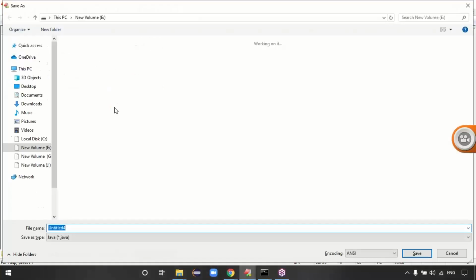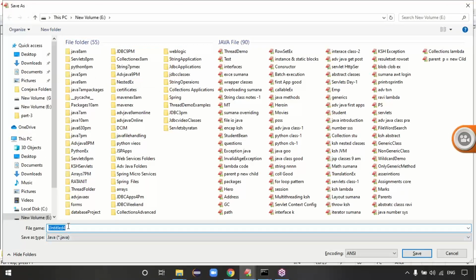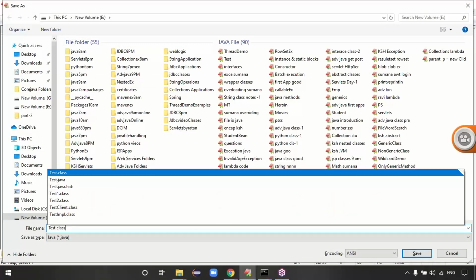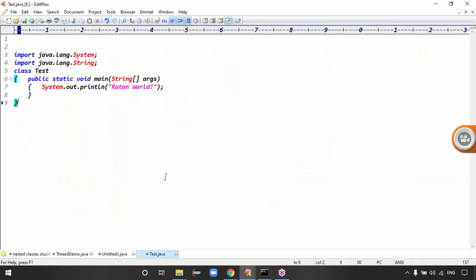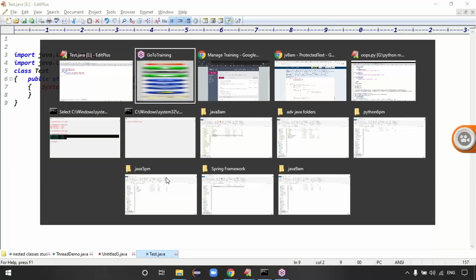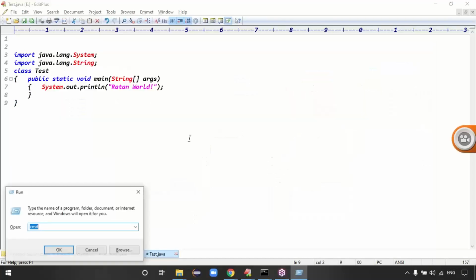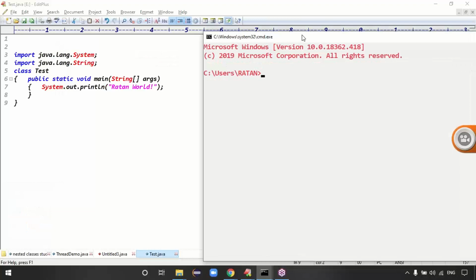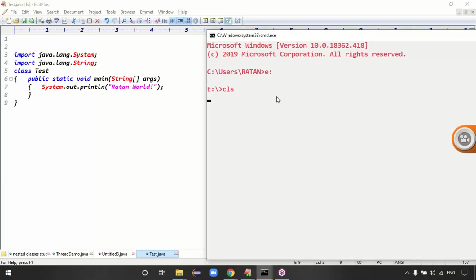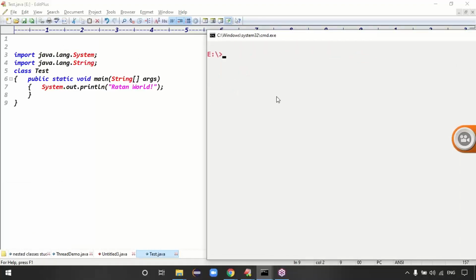Then you can save this code in local disk E. I'm directly saving this code. If you want any location, you can save in that location, it's not a problem. After saving, open the command prompt. Initially control is pointing to local disk C, right? Go to the file location where your file is available. Then how to compile this application? To compile the application,